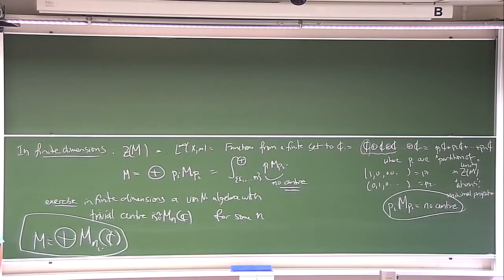And if you're an algebraist, this is a simple case of the Wedderburn theory of semi-simple algebras. This condition that a von Neumann algebra, that's a star algebra, implies semi-simplicity in finite dimensions, and you could have deduced this from the general theory. Okay, so it's important. Now we understand all von Neumann algebras in the abelian case, all von Neumann algebras in the finite dimensional world, so we've made the obvious good start on understanding all von Neumann